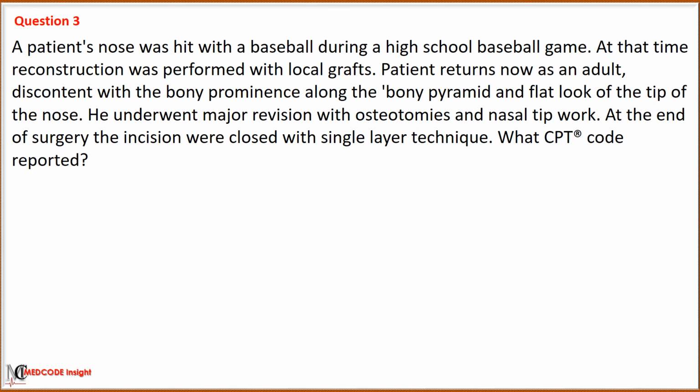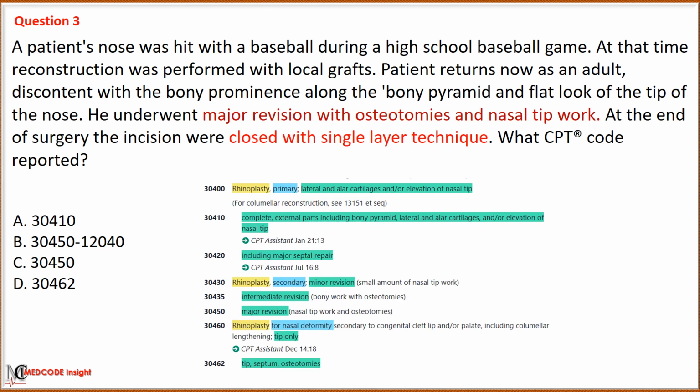What CPT code is reported? Option A with code 30,410, option B with code 30,450, 12,040, option C with code 30,450, option D with code 30,462. In this scenario, the procedure being performed is a secondary rhinoplasty necessary due to an unfavorable result from the initial